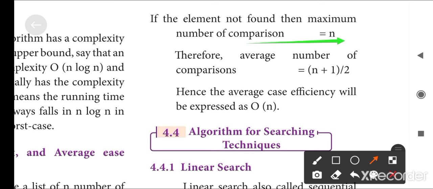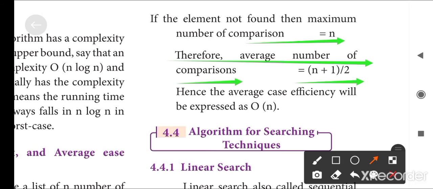I already told you, if the particular element is found at the end of the list or is not found, the list still has to be completely checked. After the list is completely checked, the number of comparisons is equal to n. Therefore, the average number of comparisons is equal to (n + 1) / 2. We can use this formula to find the average number of comparisons.